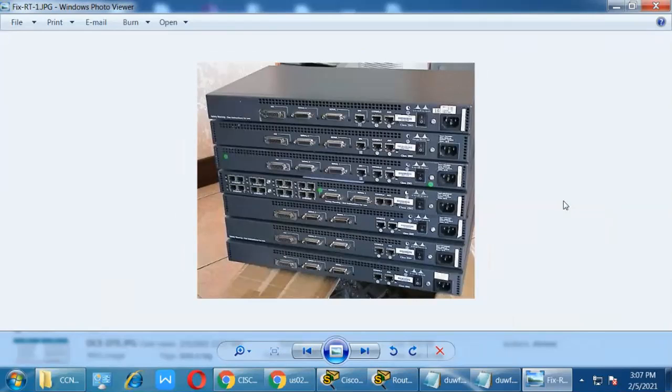With the help of router, I understand, sir. This is fixed routers and that is modular routers. With the help of router only, we create LAN WAN MAN network, sir. Yes, from day first we discussed this one.